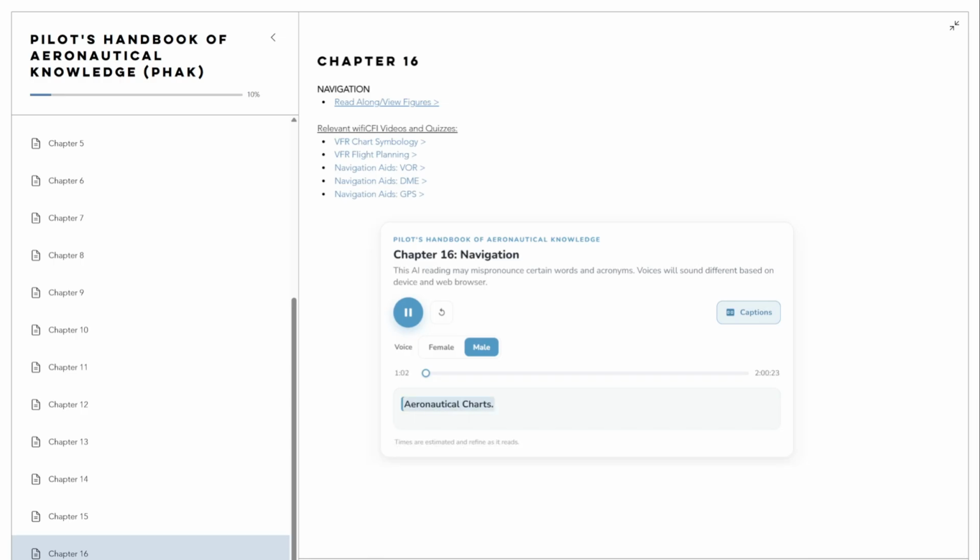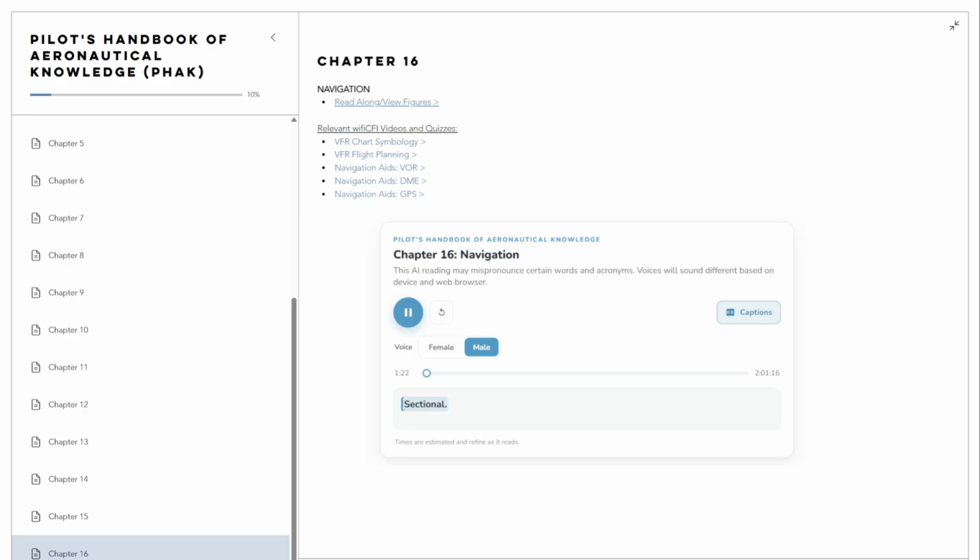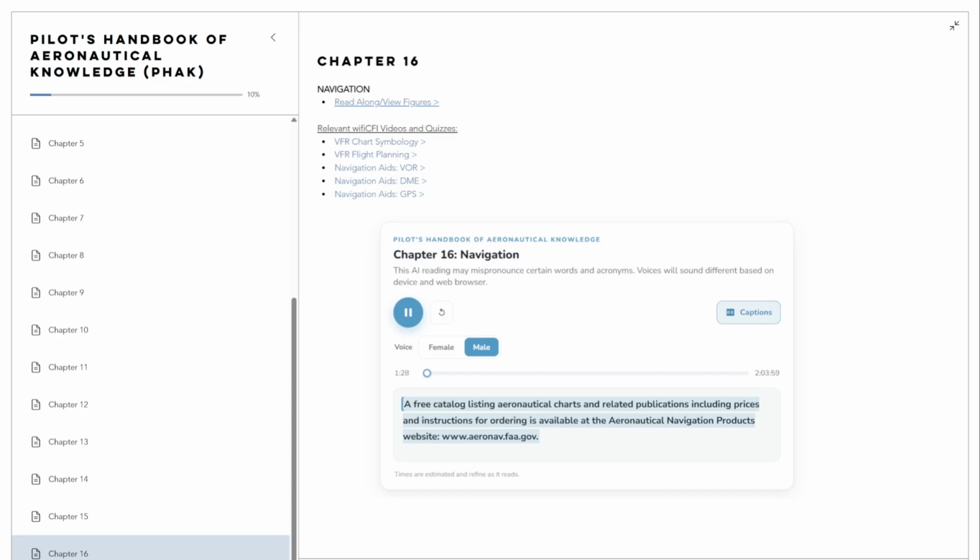Aeronautical charts. An aeronautical chart is the roadmap for a pilot flying under VFR. The chart provides information that allows pilots to track their position and provides available information that enhances safety. The three aeronautical charts used by VFR pilots are sectional, VFR terminal area, World Aeronautical. A free catalog listing aeronautical charts and related publications including prices and instructions for ordering is available at the Aeronautical Navigation Products website,